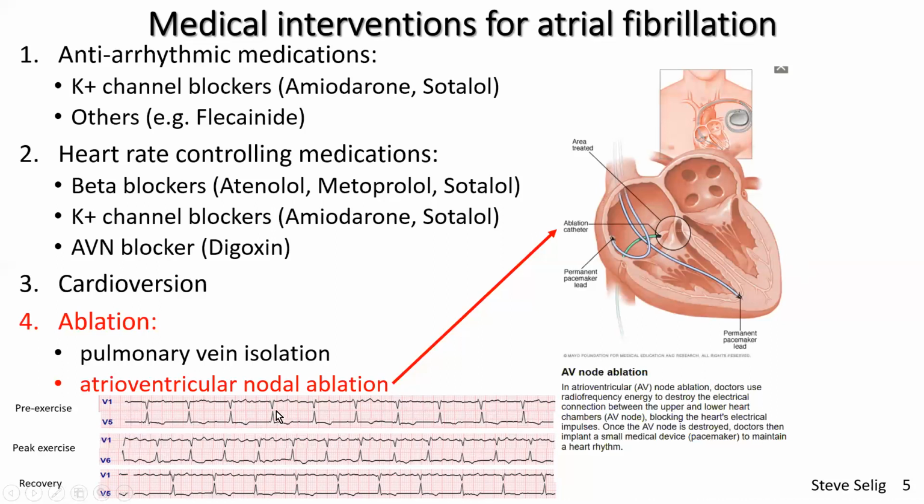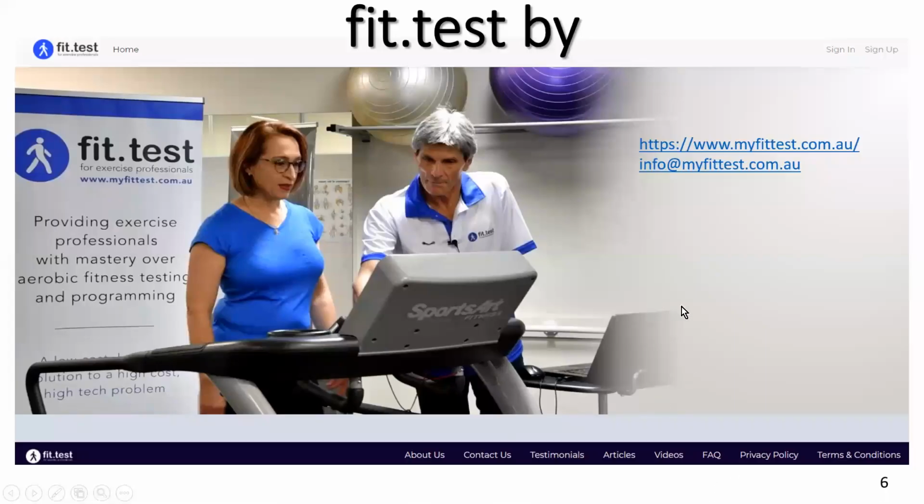And you can also control the rates really well as well. So in peak exercise, again, you can see the fibrillation persisting in V1, and you can see a little bit of it in V5, but the heart at peak exercise remains in rhythm with good rate control. So we've got a really good outcome there. So that's what I wanted to do to summarise for you some of the main concepts that I was talking